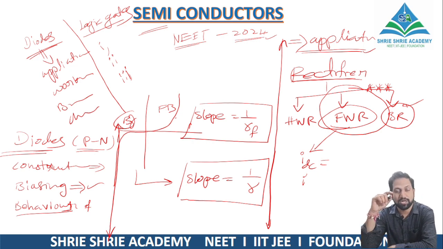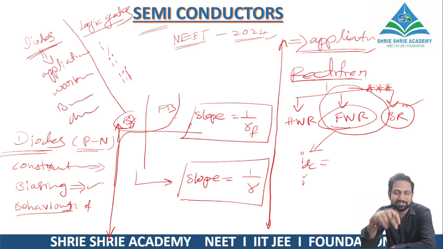And you should also understand the importance of the center tap in case of a full wave rectifier. Half wave rectifier has no center tap. Full wave rectifier has a center tap. But the advantage of the full wave rectifier is that its ripple factor is less than the half wave rectifier. Okay, but the disadvantage is the cost of construction will be more as compared with the half wave